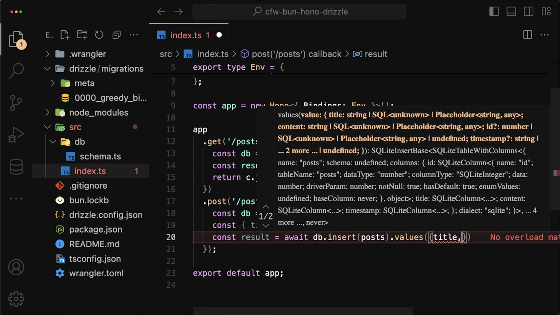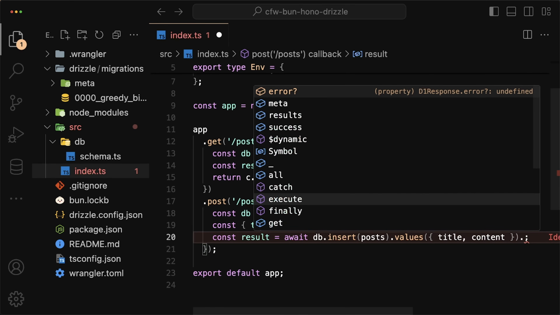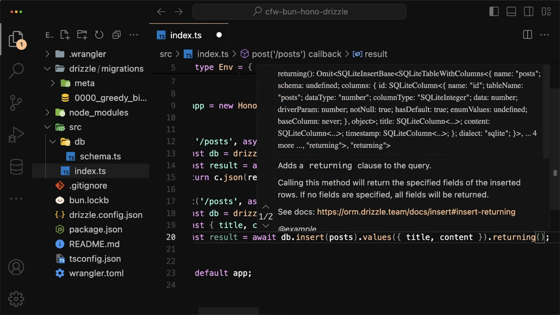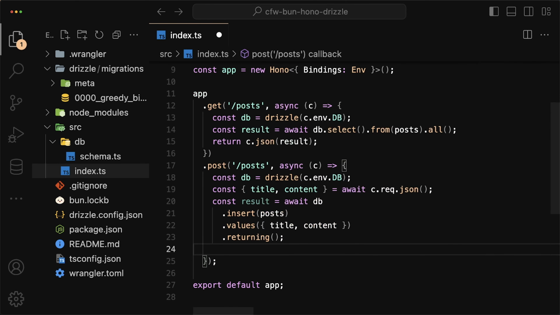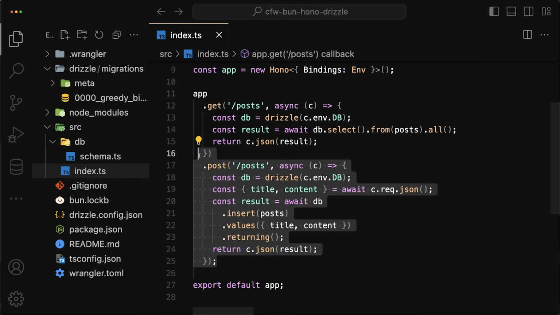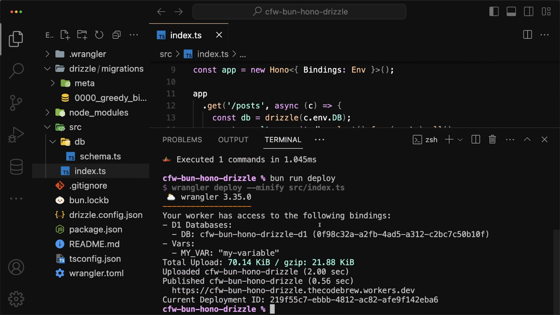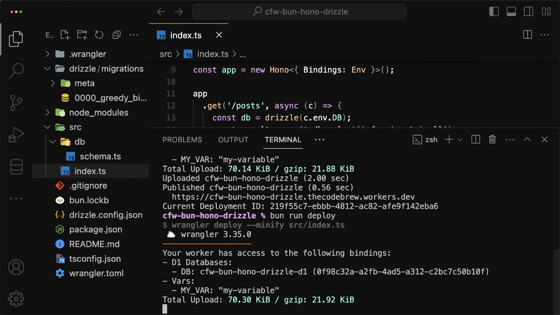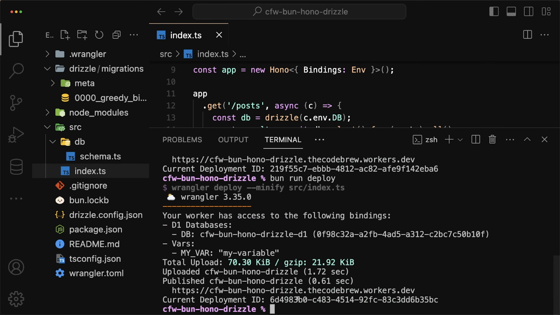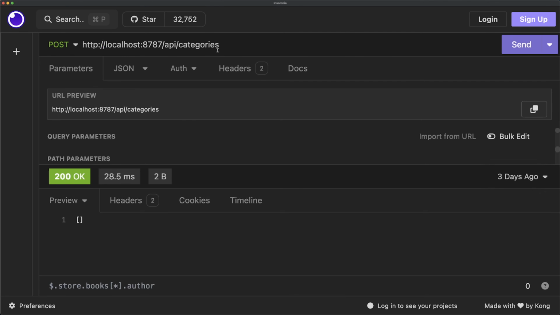So we'll do title, content, and we also want to make sure that we specify here returning, just so we get the values that were inserted as our result. All that's left now is just to do return c.json and then pass in the result. With this, we should also be able to now create posts. So I'll just quickly, without testing, just run deploy. Never actually do this in a production environment, but since our application is now deployed, opening up Insomnia,